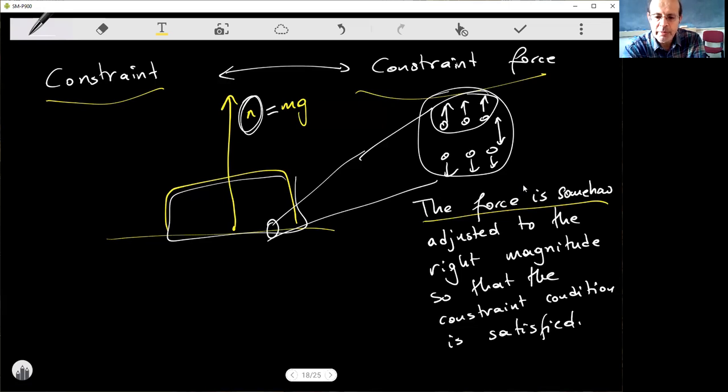But in all of these problems, somehow we have to compute the value of that force, and by just looking at the picture, we cannot understand this value. So we have to solve the whole problem, apply this constraint condition, and only after that can you find this value. So here too, in that case, the normal force, the constraint force, is equal to the weight force, but I can only decide this after solving the problem. Okay, that's one of the subtle issues in there. Just keep in mind